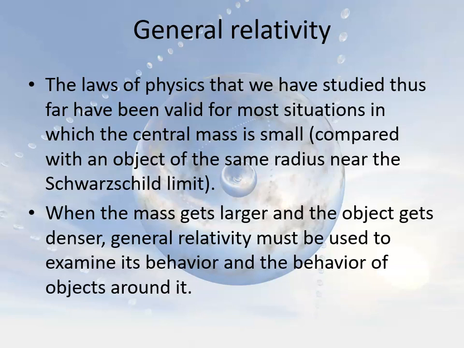So as long as you're outside of 3 kilometers from the center of our sun, you don't need to worry about it, which the surface of our sun is 6.9 times 10 to the 8 meters, or 6.9 times 10 to the 5th kilometers. So you don't need to worry about it. In fact, you don't need to worry about it at all with our sun, because the amount of mass that is within 3 kilometers is nowhere near the amount that would take it to the Schwarzschild limit. In other words, most of our sun's mass is way outside of that.